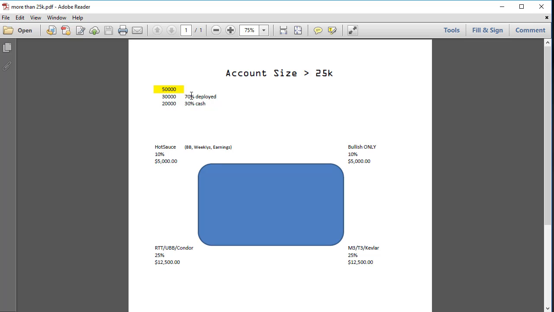I'll put 70% of it in various trade structures and keep 30% in cash. So that might be 25% on a T3 or an M3 or a T2, 25% in a condor or a time spread, one of the core monthly income trades that you have developed confidence and competence in, and then you put 20% split amongst bullish only type trades. I like to refer to them as hot sauce trades